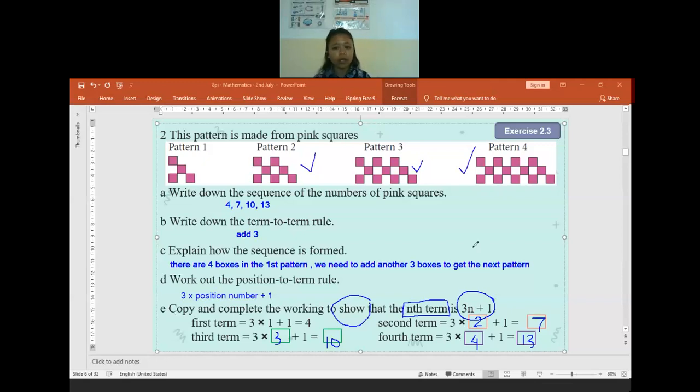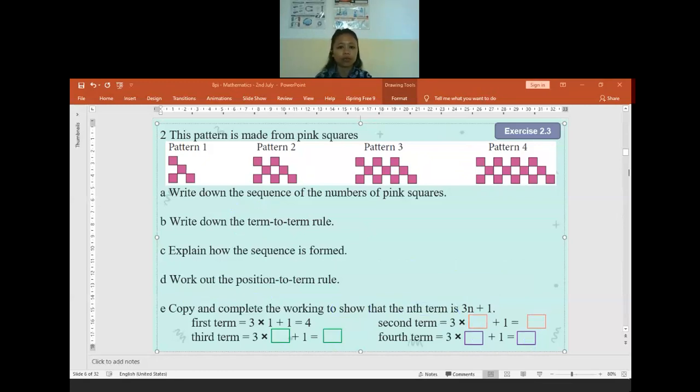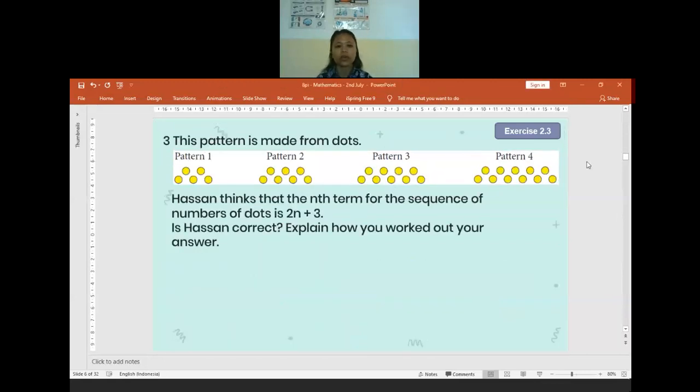Is there anyone who has a question or difficulties? Is there anyone? Yeah, you are so excited to do it. Okay, if you have no questions, I will move to question 3. We still have 5 minutes left. It will be enough to discuss question 3. Is there anyone who has difficulties before I move to question 3? No? Okay, if no one has difficulties, I'll move to question 3. Here is question 3.